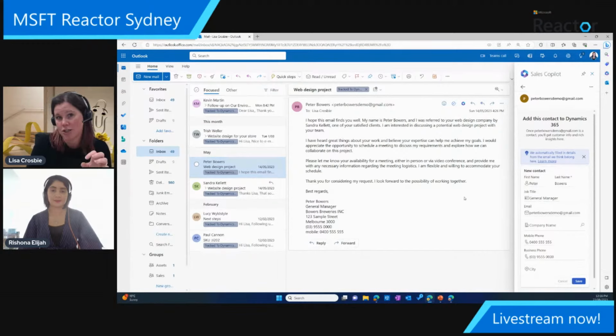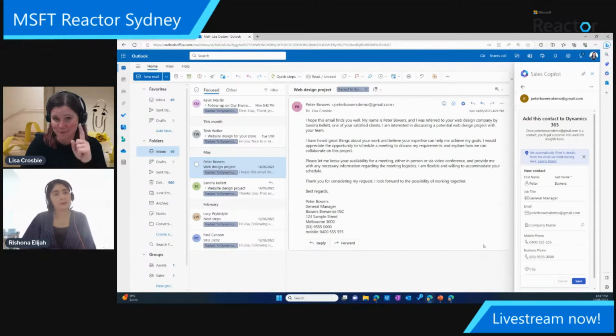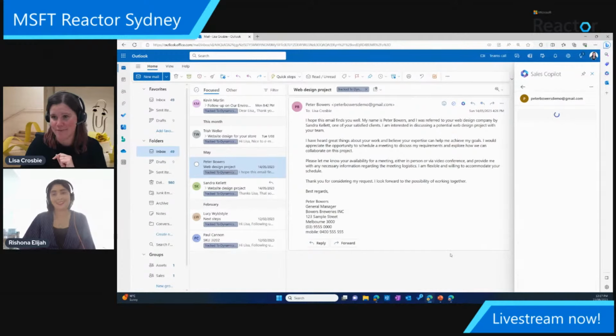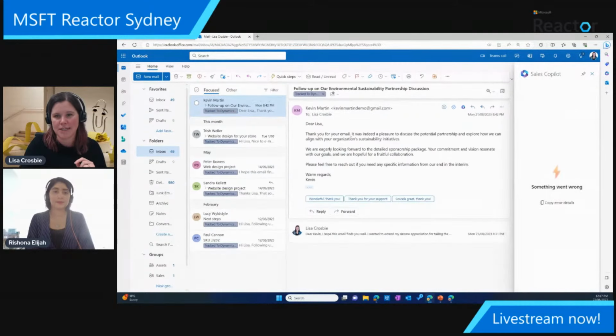This panel can actually also be configured to bring in the things that you as an organization care about and custom things. So I do a lot of work with nonprofit customers, for instance. One of the core things is to be able to see lifetime donation amounts. So you might want to see the total value of an account in a sales scenario, and you can bring those things in there. So as I said, a lot of talk. I've only clicked once so far, second time, save, and that has now saved that person's details inside my Dynamics system. Where it gets really interesting, though, is this part here.